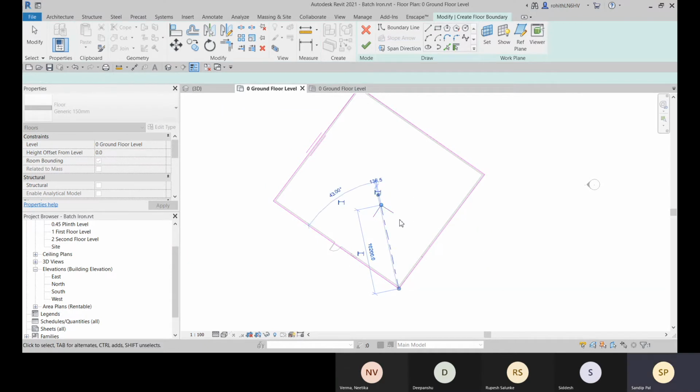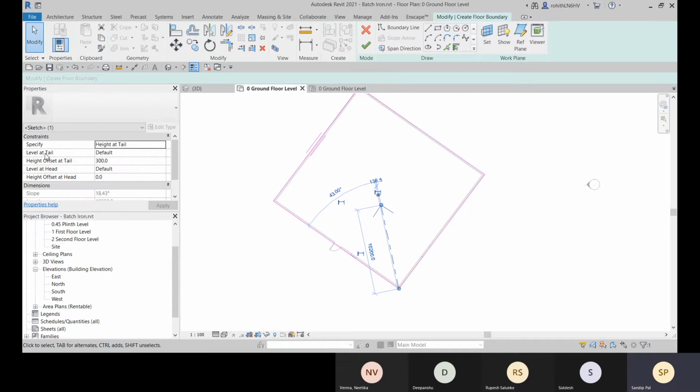As per that, the slope will be decided. Here you see specify height at tail, the height offset at tail, that is 300 by default. If you choose this slope, you can also mention the slope. So now let's go with this default option.